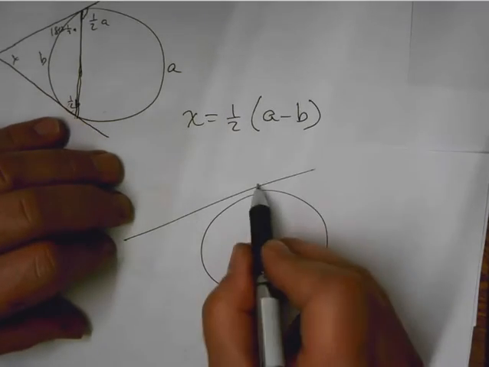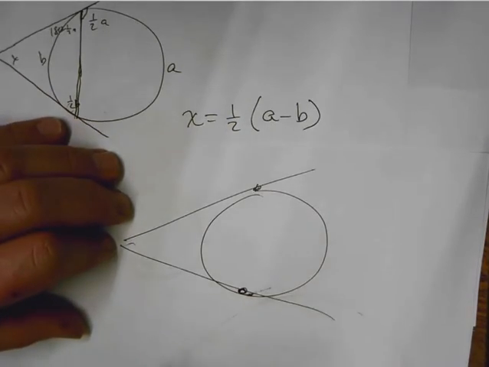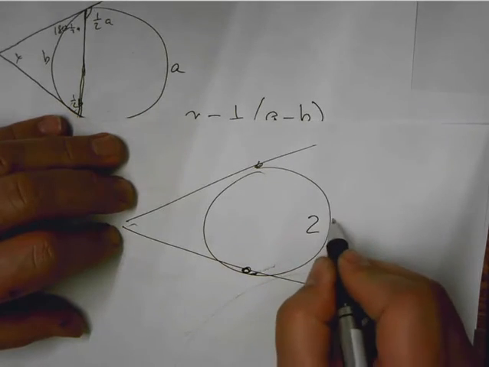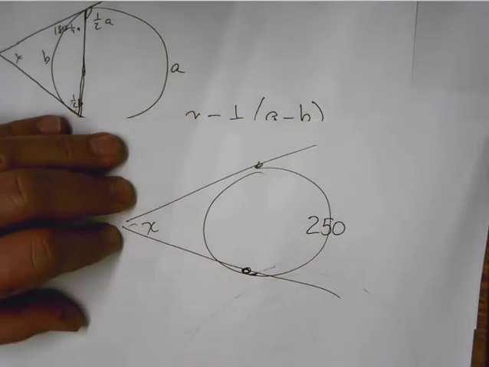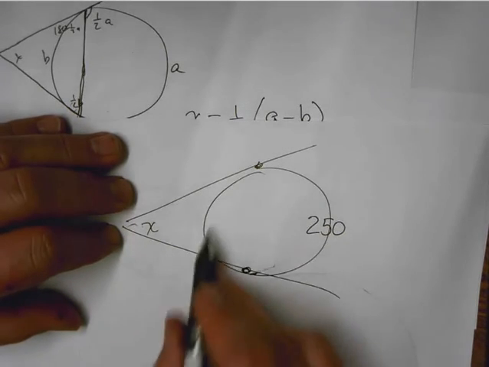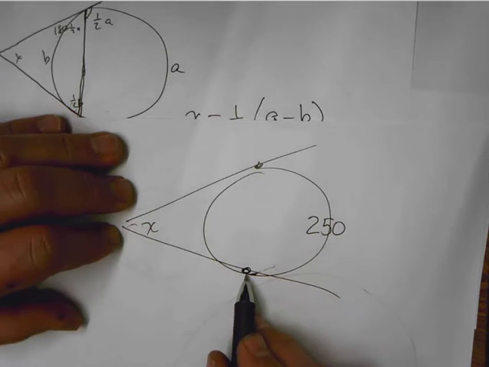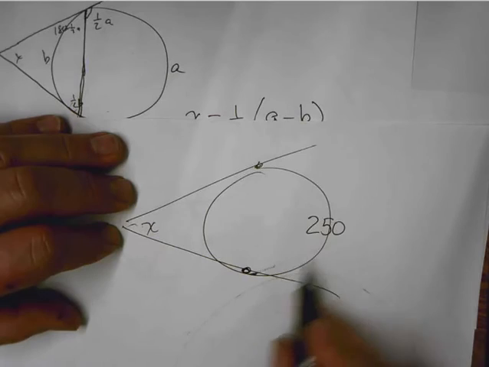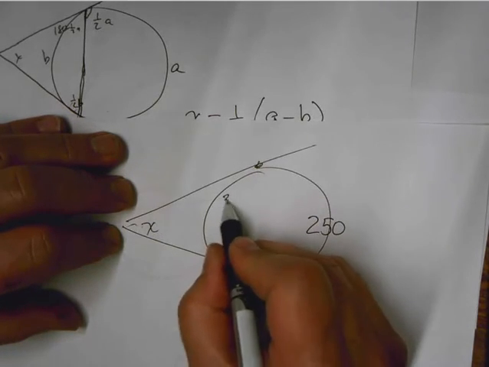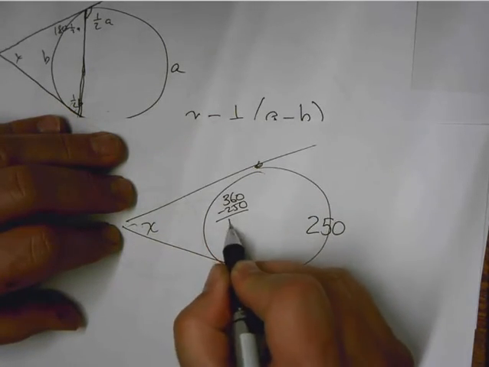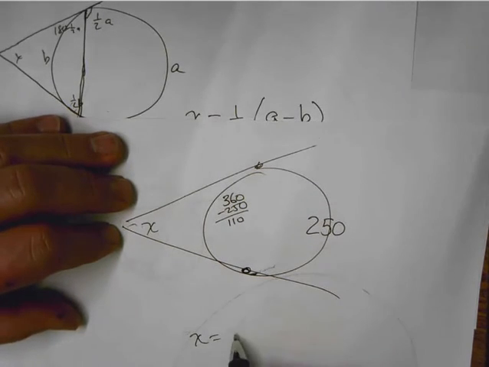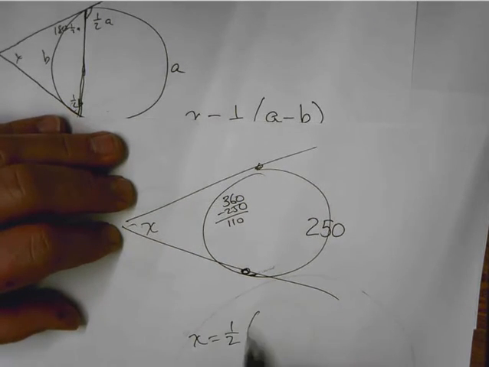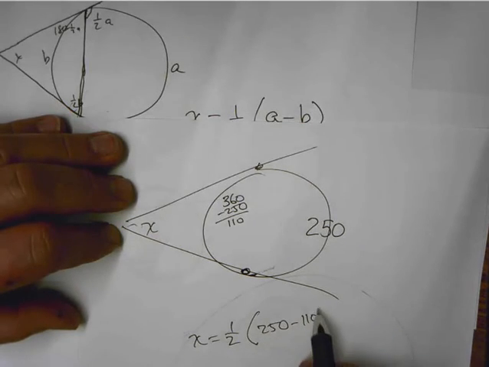As an example, let's pretend those are tangent lines, and this is 250 degrees, and we're looking for x. We'd even be able to take it one step further and say, I don't even need to know this other arc. Because these are tangent, they don't take up any measure of the circle. So if it's 250 degrees from point to point, then the remaining part here would be 360 minus 250, or 110. And I could then say that my angle is going to be 1/2 of the difference between those two, which is 1/2 of 140,